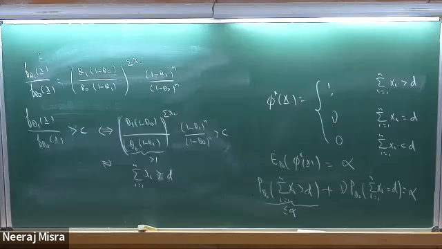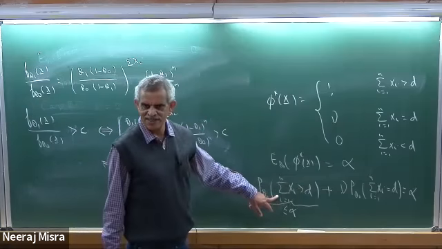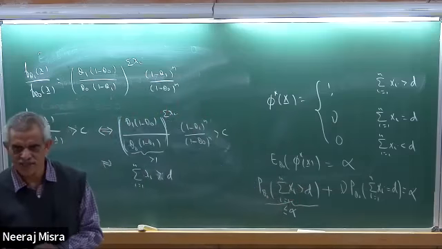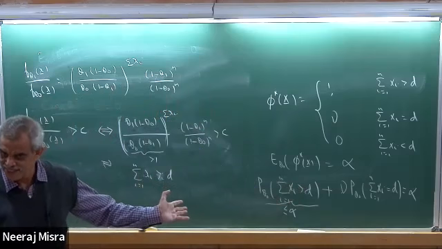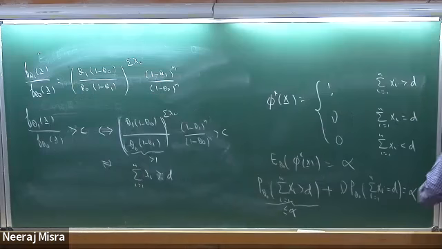Now there is a possibility that you have a d such that this is exactly equal to alpha. You can find a d such that this is exactly equal to alpha. In that case, you take gamma to be 0, right? So I consider case 1.